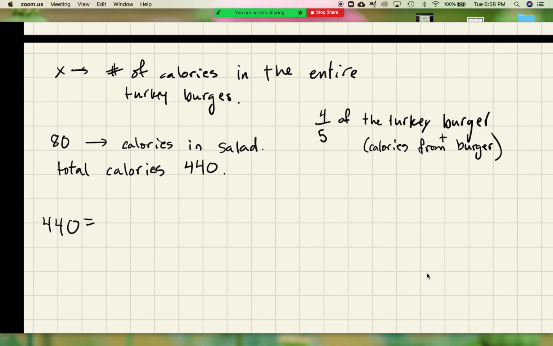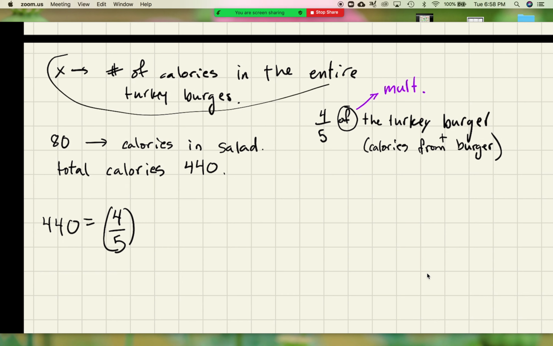The only reason I'm focusing on calories is because they're telling us that the whole equation is supposed to focus on calories. So really, I'm going to think about calories the whole time. And instead of the entire amount of calories for the turkey burger, he's getting only 4/5 of. Remember, of translates to multiplication. So what I could write, and I can't remember the order that it was showing, but I could do 4/5, and then of is multiplication. So I'm going to do multiplied by,